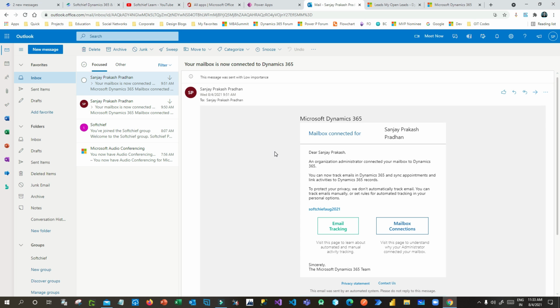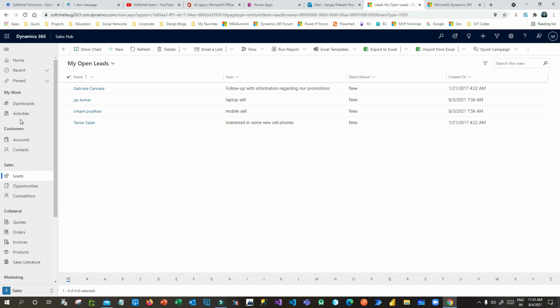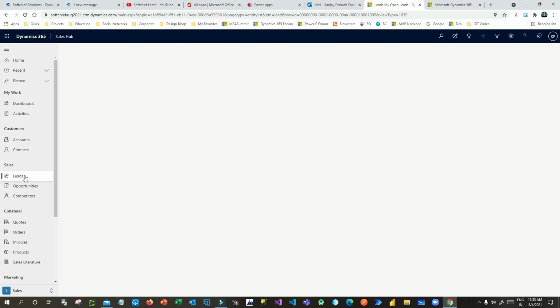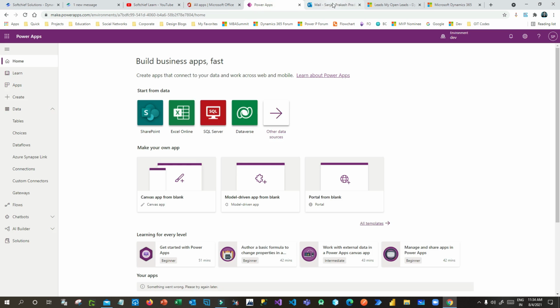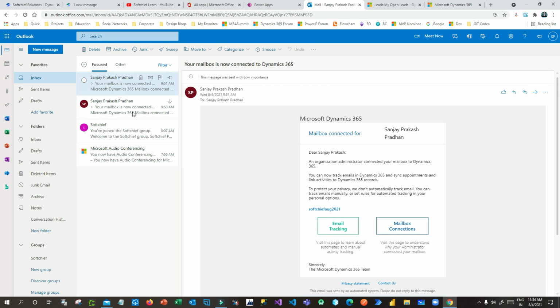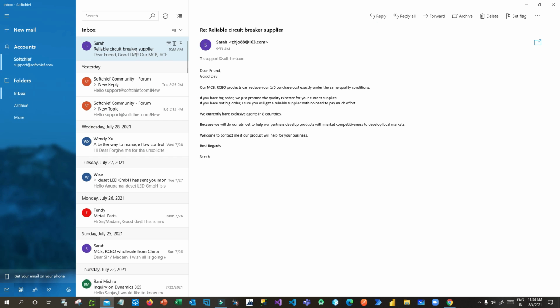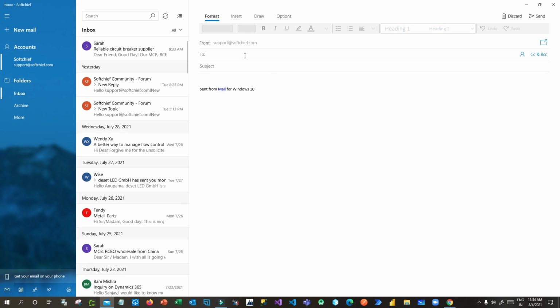Now let us see how we can track, right? Because in Dynamics 365 we have different types of records available, leads, opportunities, competitors, right? Now let's say you received an email in Outlook. Okay, let me test this. I am opening an email box and I am writing an email, right? Let me write down an email. I am sending to